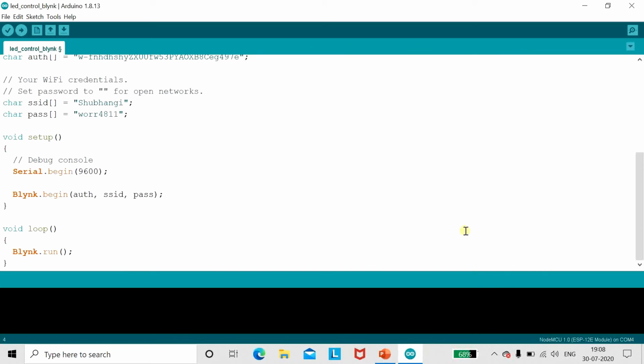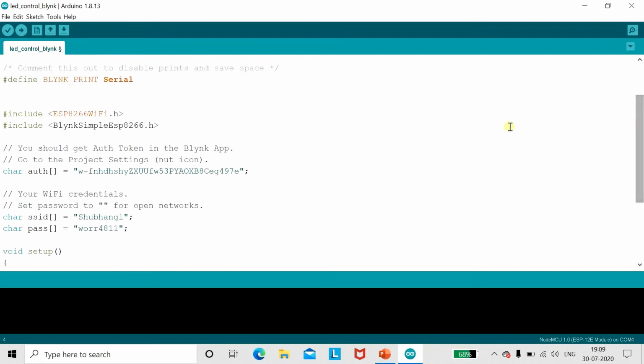Done. Now we have to upload this code. Wait, before uploading this code, we need to check this token. This token you will get in your mail.